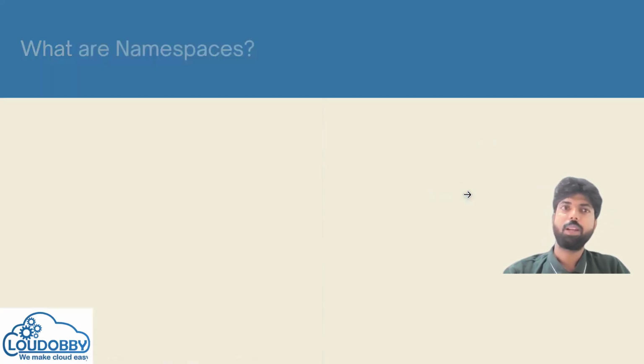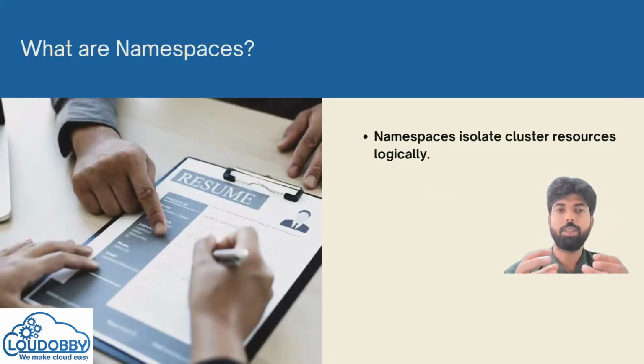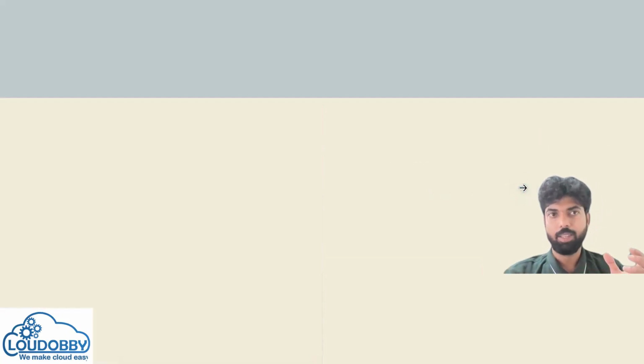Then what we have is namespaces. In Kubernetes, you can create logical namespaces like dev, SIT, UAT in the same cluster. It is a logical isolation, because the hardware is still the same hardware, but logically your applications can have different namespaces.